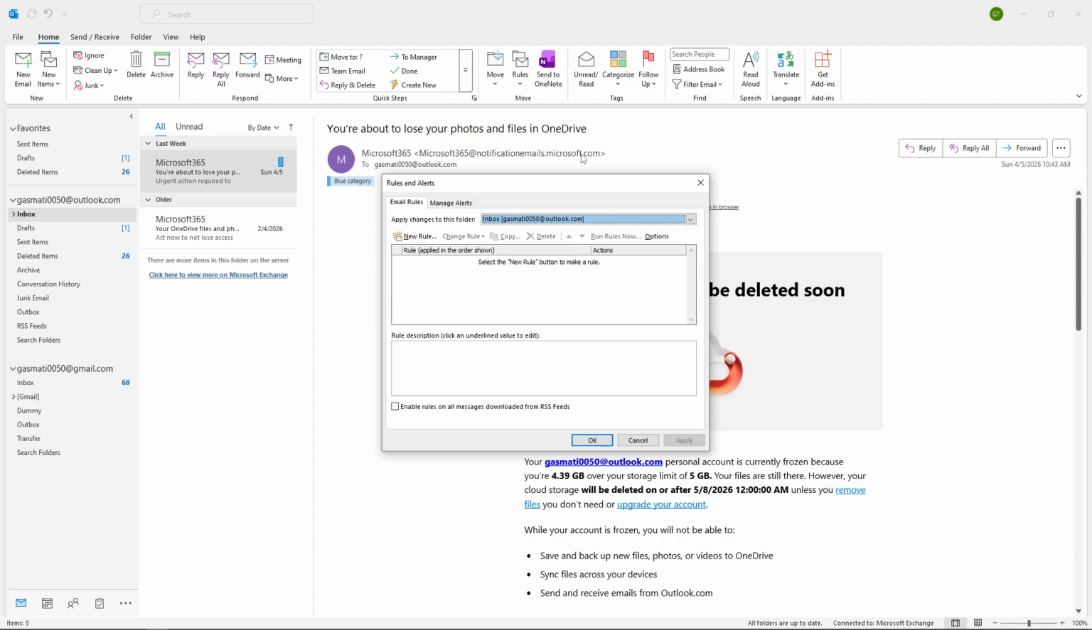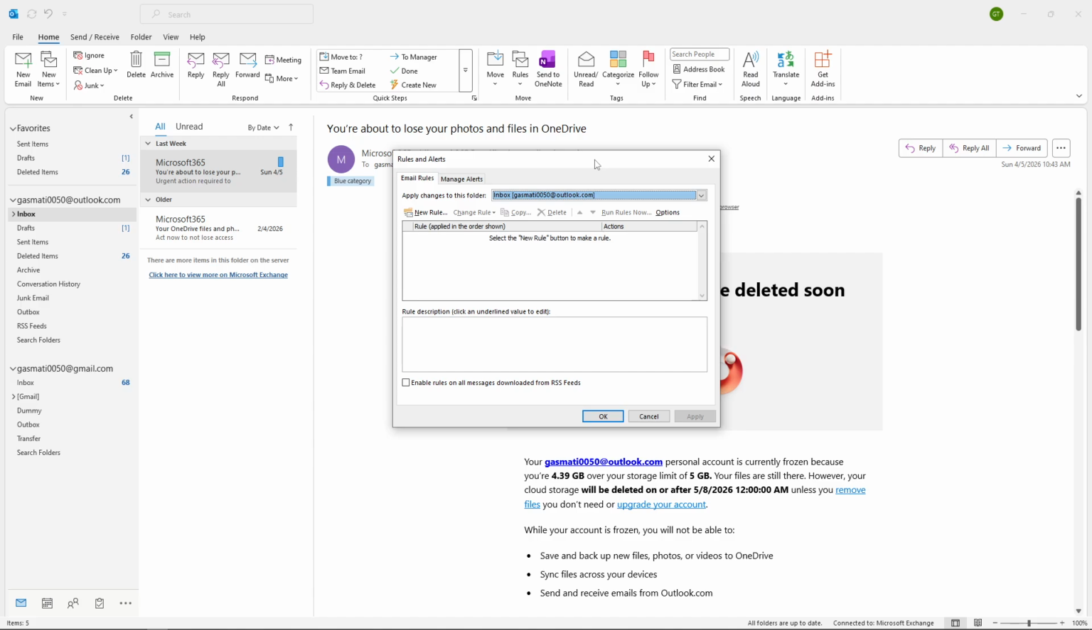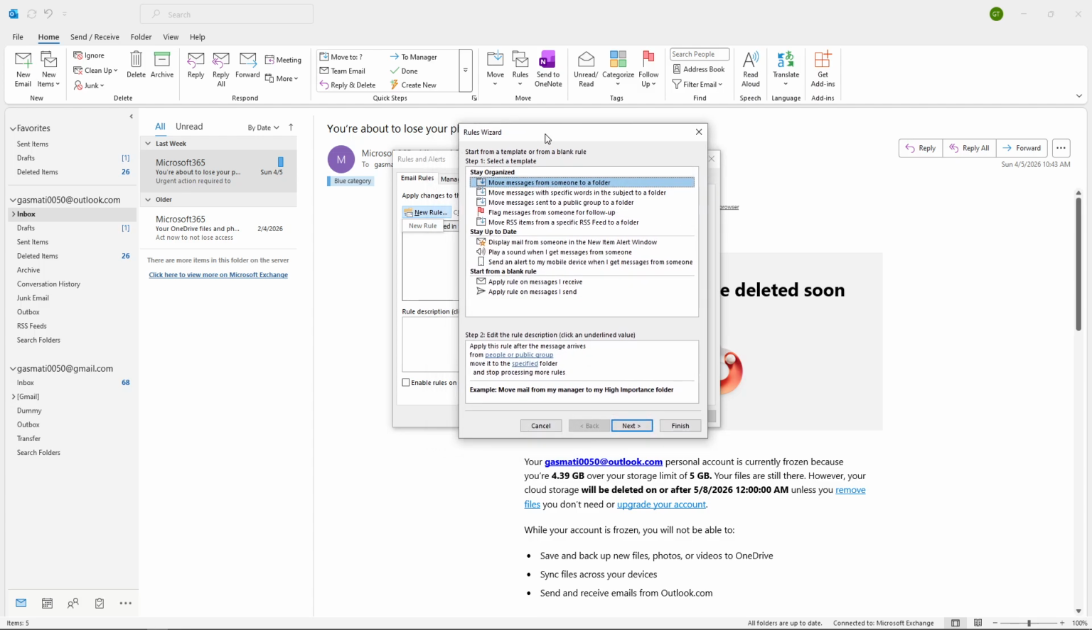A Rules and Alerts window will now appear on your screen. This is where all your existing rules are listed and where you'll create new ones. To begin setting up a new rule, click on New Rule. This action launches the Rule Wizard, which is a step-by-step assistant designed to help you build your rule without any